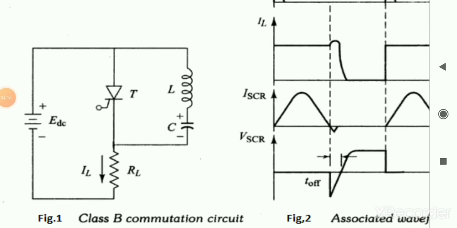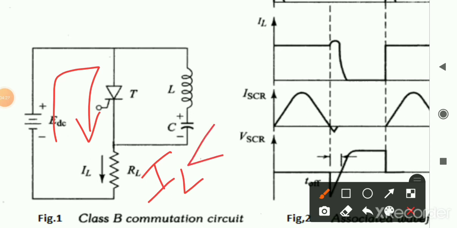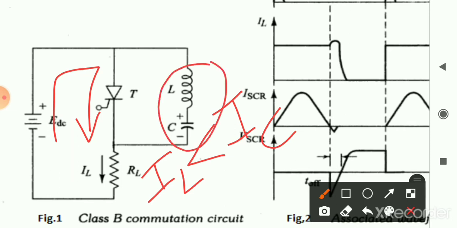So what we can say, when the anode current or the load current is flowing through the SCR itself. When this load current IL becomes lesser than this commutating current because of the charge present in the capacitor in the opposite polarity, when this load current becomes lesser than the capacitor current, the SCR will turn off. When the thyristor T is turned off, again the same cycle will continue. The capacitor C starts getting charged to its original polarity through L and thus the load.